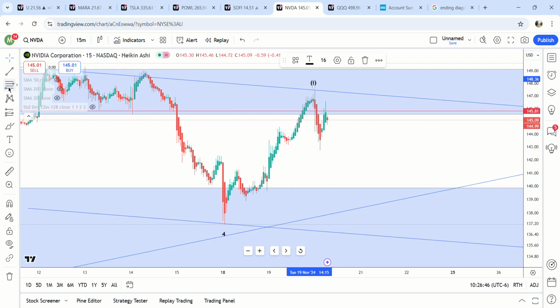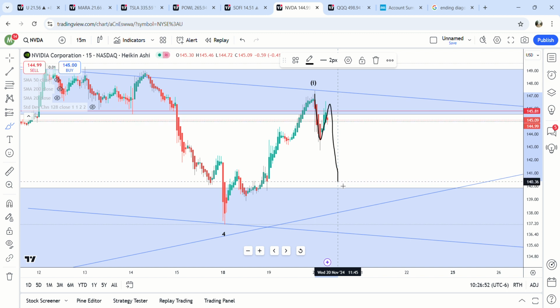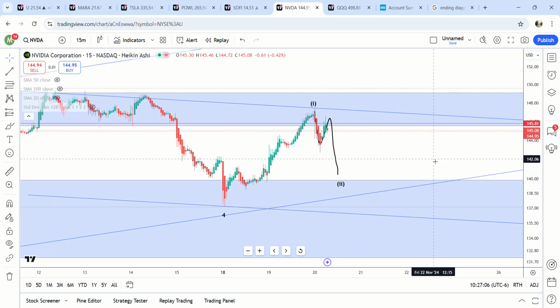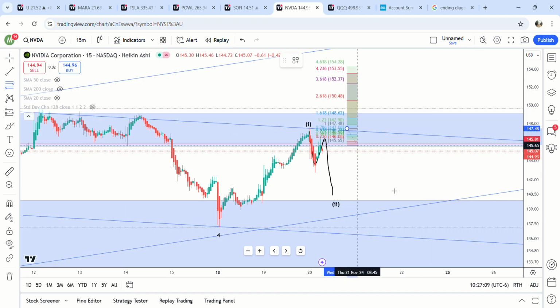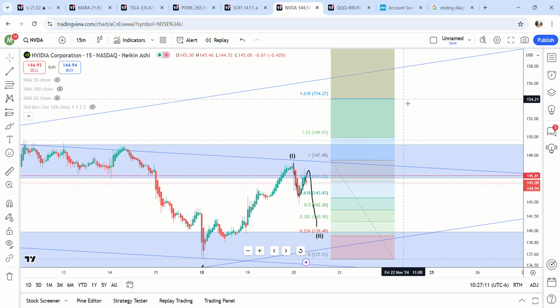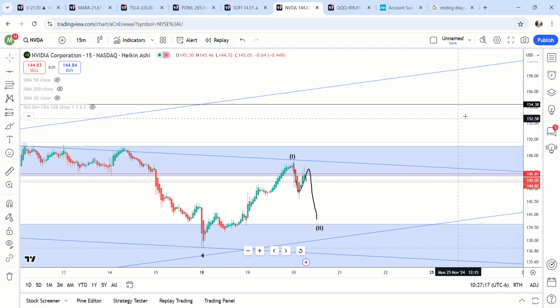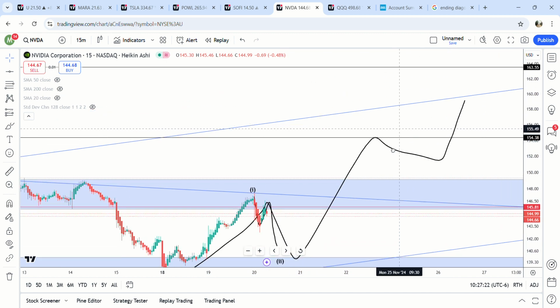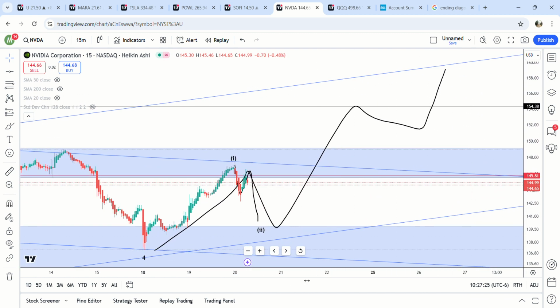This looks like an A wave down, so I'm looking for something like this first. Something down here, that would be the overall 2nd wave. Potentially back down here to 139 to 140, and then an explosion higher after that. So let's go ahead and look. You're looking at 154, 150, 121, and the rest is pretty much 1, 2, 3, 4, and 5 up here to 163,